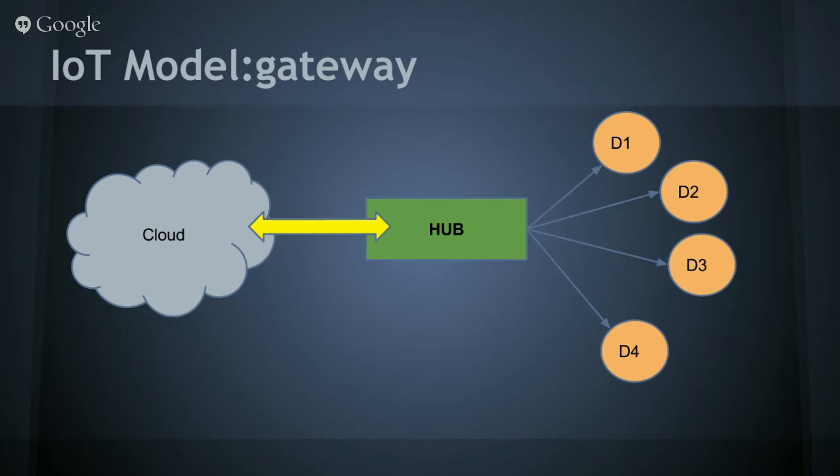Like we are connecting to the internet through the router, right? The router is the hub here. We are not connecting directly to the internet, so I am not exposed. I am exposed through the hub. So we are considering two points here. One is security: at the hub level, we can put basic security. And second, it will be cost effective. Enabling each IoT device with Wi-Fi would be very costly.